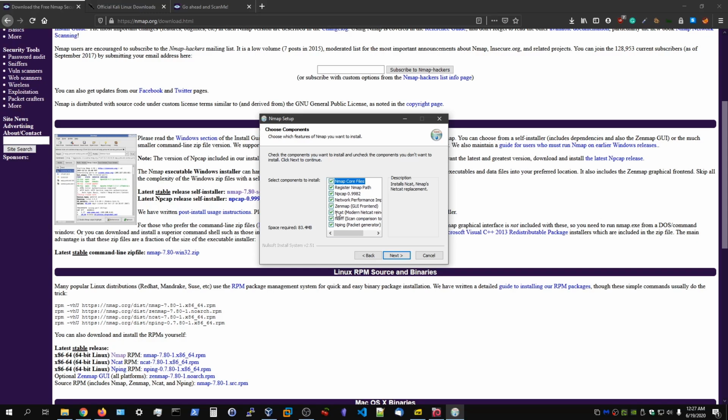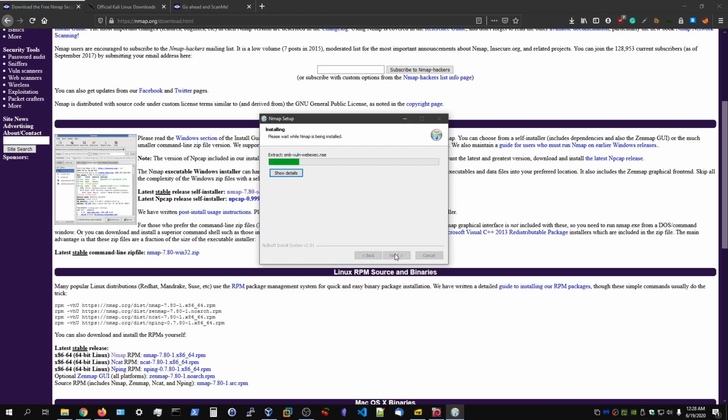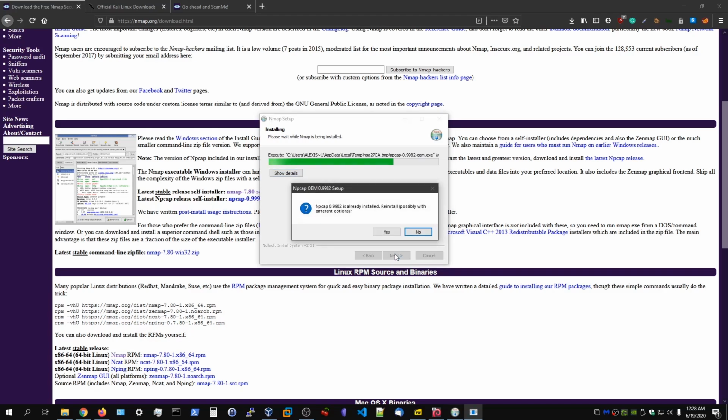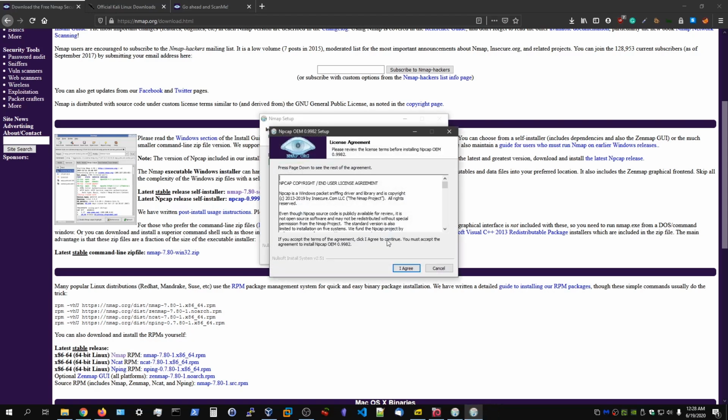As for the other core components, you want to make sure that nmap is also installed. ncat, ndiff, and nping are also very useful tools, so you can also make sure that they are clicked. If you want a default install, just ensure that all of the core components are installed, and then you want to click on next and install, and that's going to start installing nmap, and that's going to prompt up the npcap driver installation. I already have the npcap driver installed, so I'm going to hit yes, and I want to